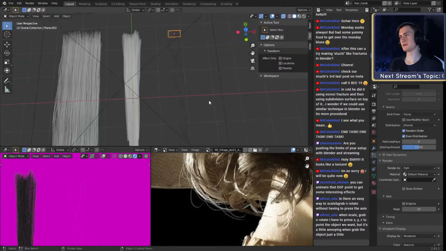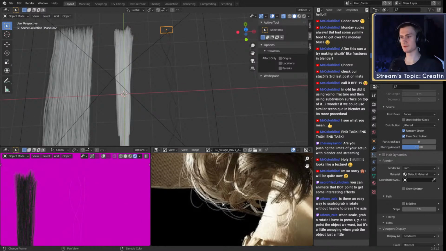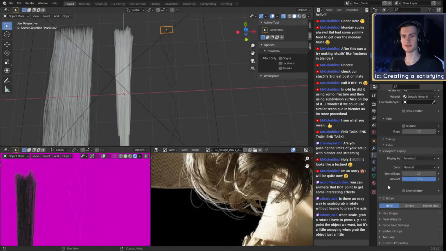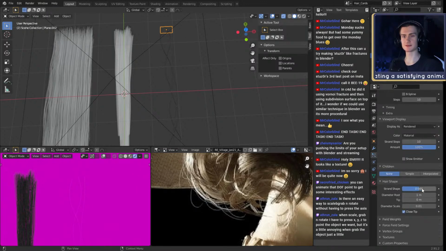Oh yeah, so to make them more visible, these ones are quite thick. So we go into hair shape and change the strand shape to -0.5, and also diameter root to, I guess we could keep it at 1 and then put this to 1 as well.